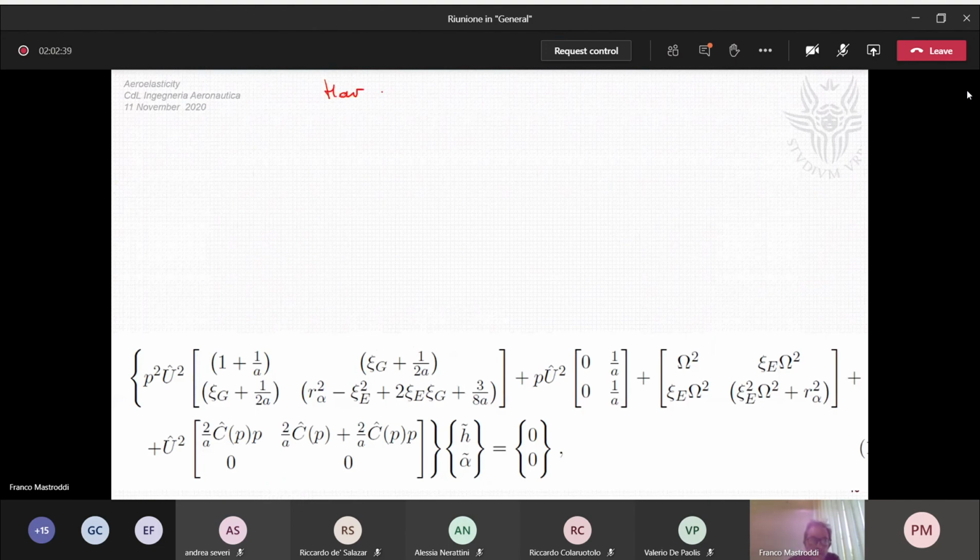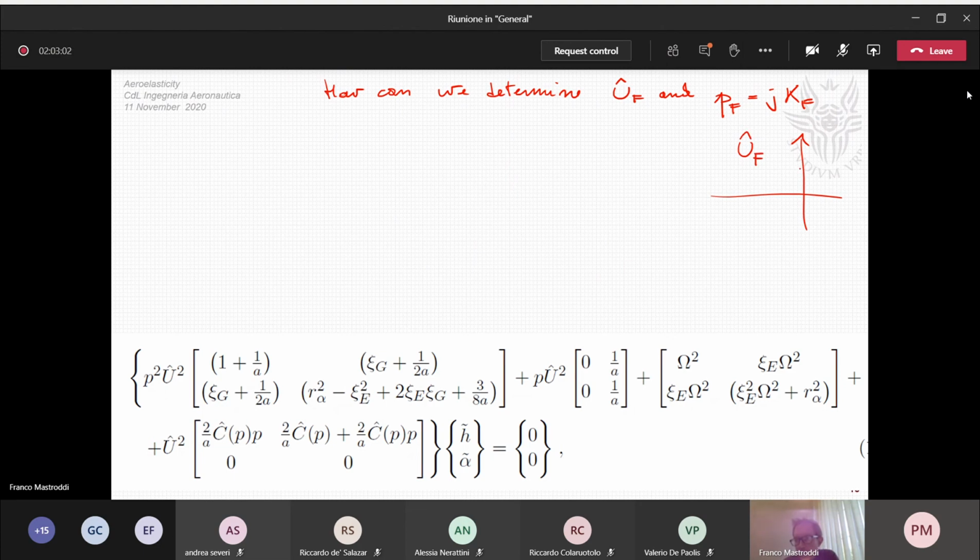How can we determine U flutter and P flutter equal to J K flutter? How can we determine the value of the parameters U flutter and the value of the frequency of the marginal pole here? Okay,